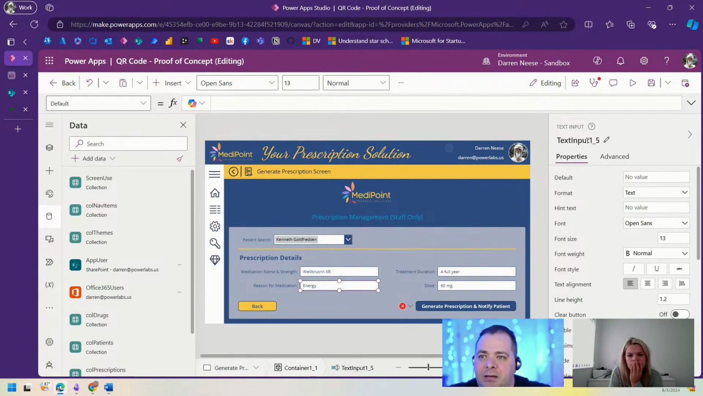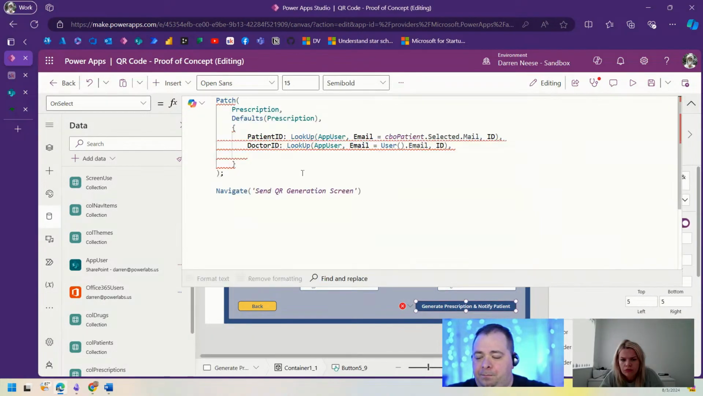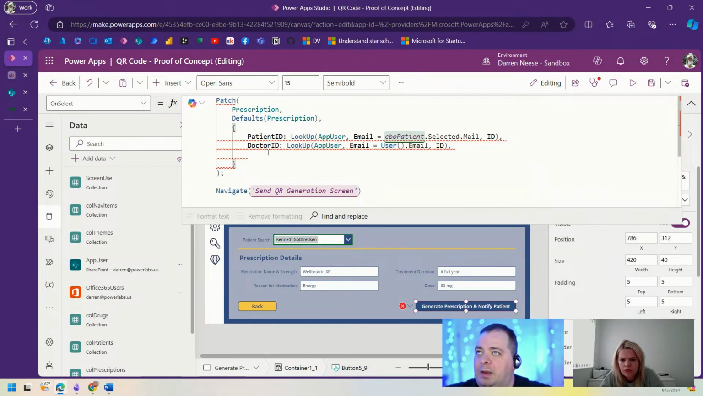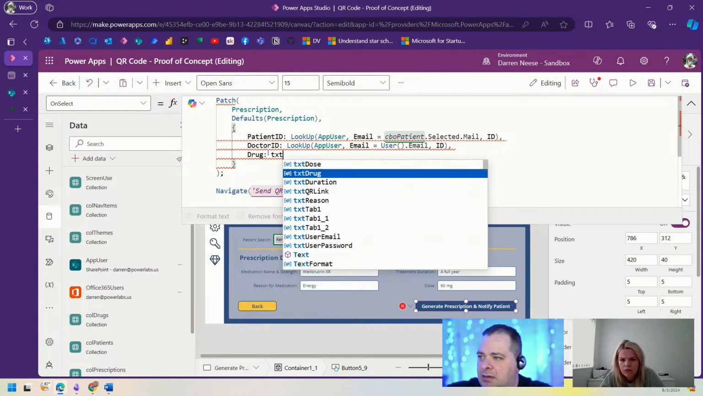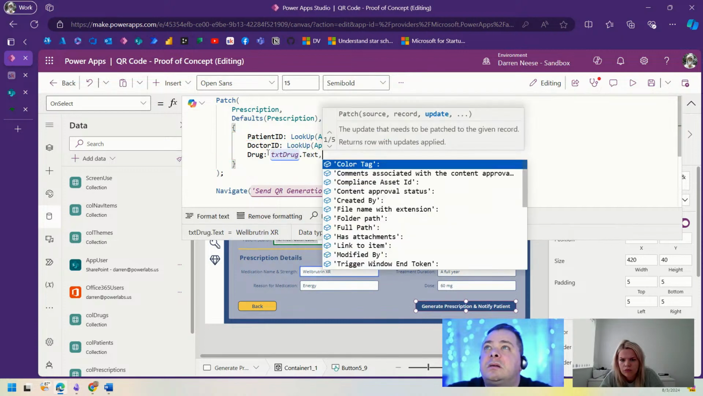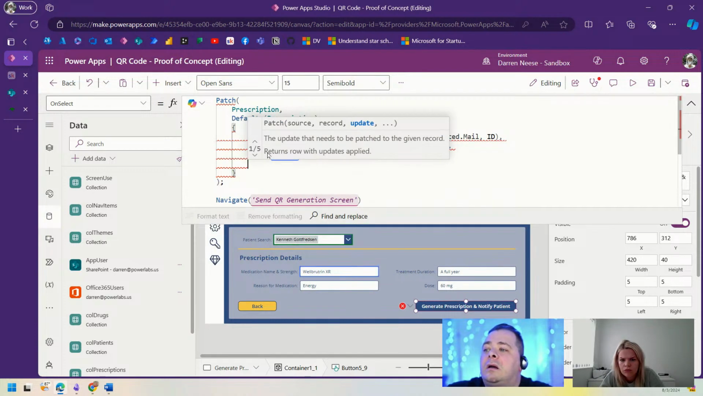And here we've got txt reason. And for this text box, txt duration. And then we also have dose. Move this up. Okay. So I'll say drug and txt drug.text. And then we've got